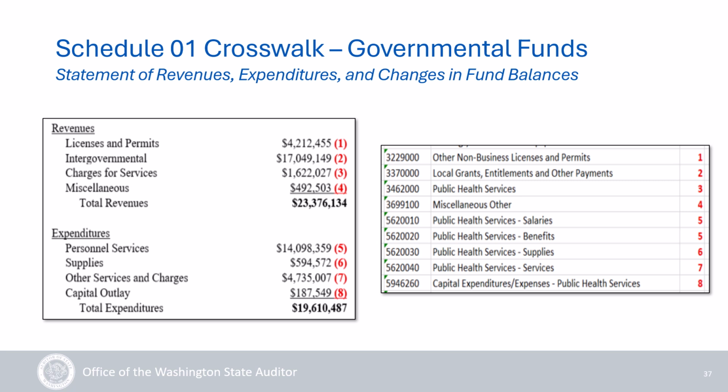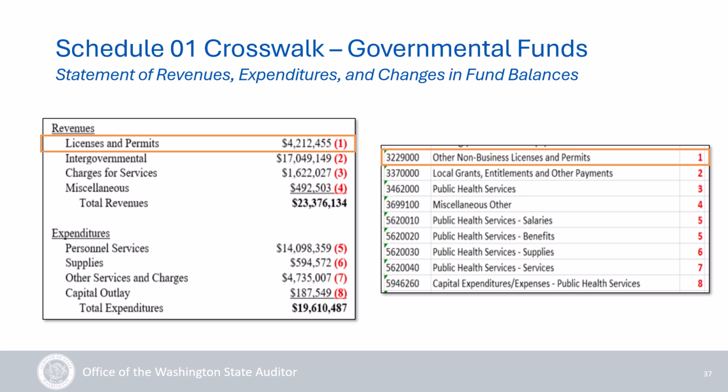On the right of your screen, it is a snippet of the Schedule 01 template for a GAAP health district. Same thing as before, the red numbers on the statement correspond to the red numbers on the Schedule 01 example. Looking at the first line item on the statement, this is for licenses and permits. Depending on what exactly is included in this, there may be multiple BARS codes used on the Schedule 01, but for purposes of this training, we are going to lump it all into other non-business licenses and permits